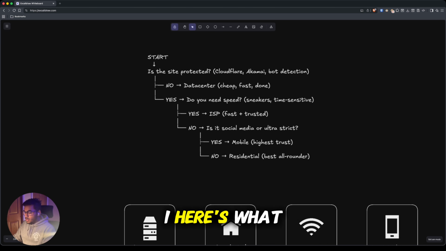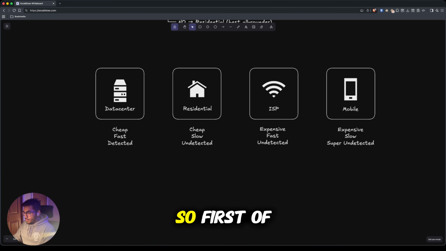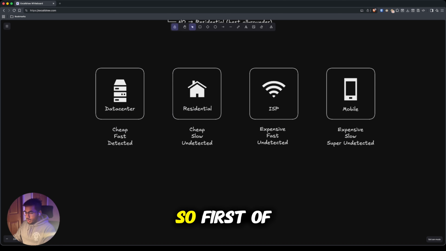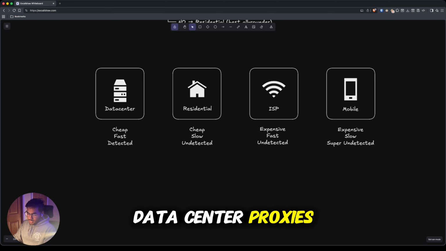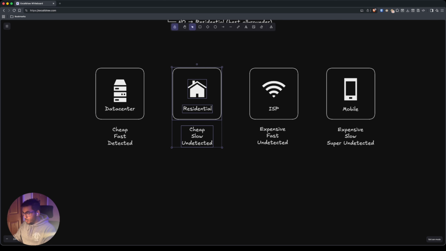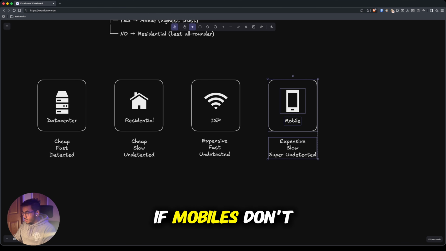But here's what I do usually whenever I want to choose what proxy I want to use. So first of all, I go from like the cheapest to the most expensive. So first of all, start with data center proxies. If they get the job done, kaboom, then yeah, they work. And then if those don't work, move to residential, and then so on, ISP proxies. Then if mobiles don't work either,